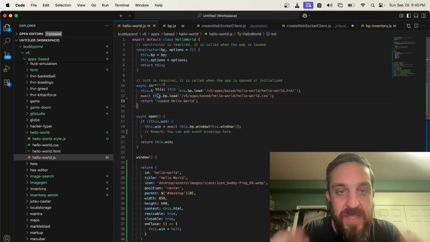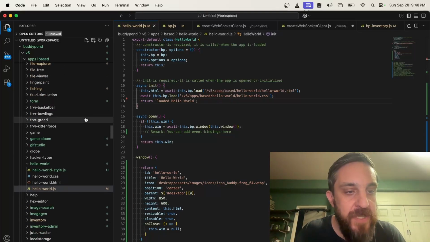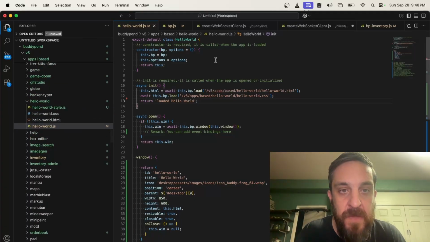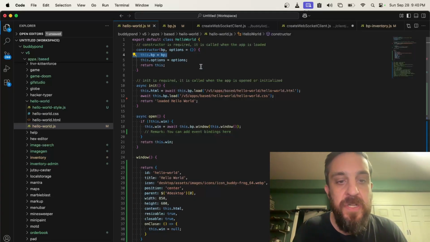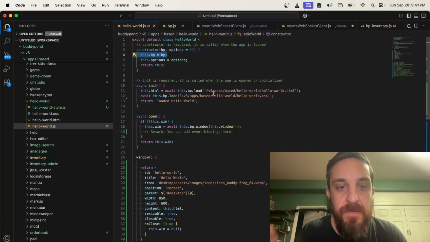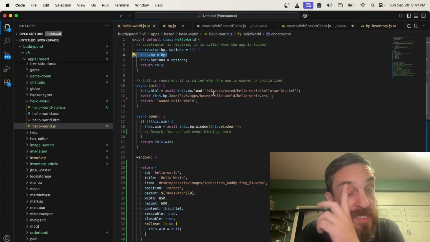looks something like this. If you look at the code on my screen, we have the Hello World app. On the left here, you can see all 117 apps. Each app exports a class name, basic constructor. It's assumed that the bp.js file is passed inside the constructor itself during its initialization. Each app exports at least an init function and an open function. Init is called when the app is initially loaded into memory, and open is called when it's explicitly called to